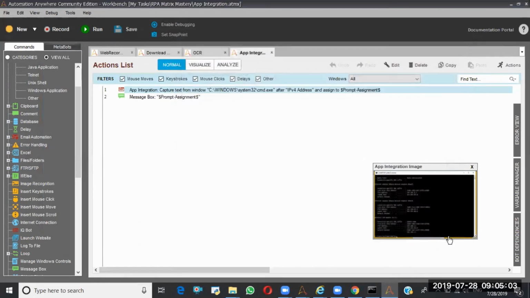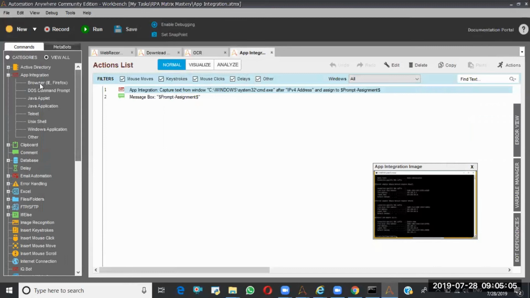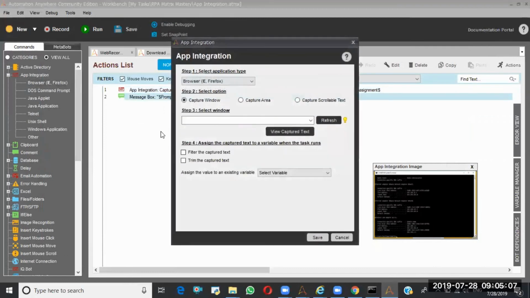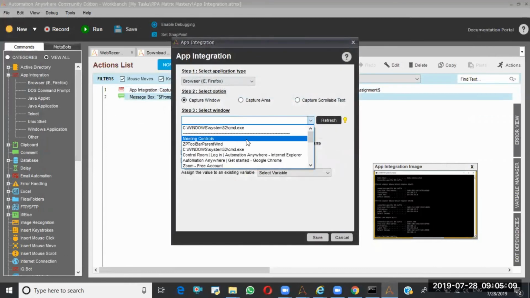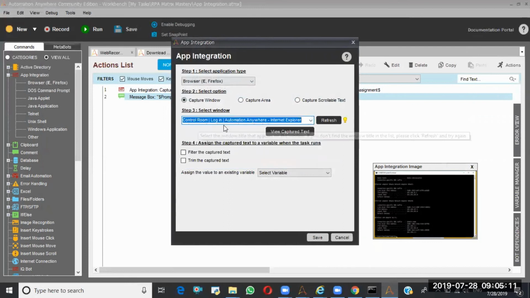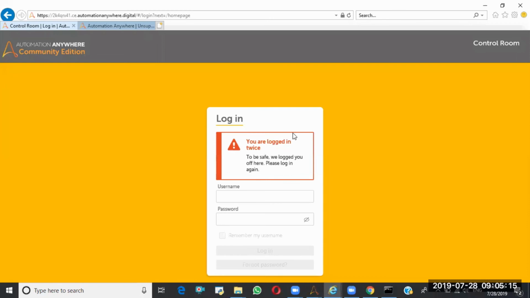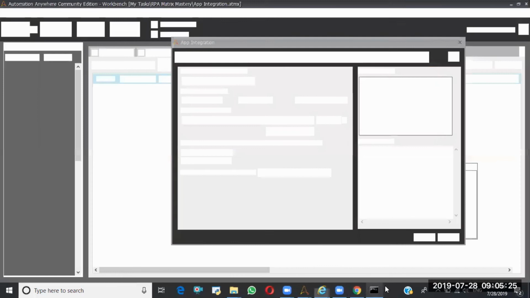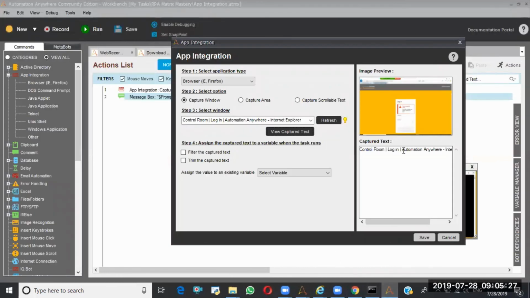In the same way, we can work with the IE browser as well. Browser IE. So here I am selecting the IE browser, and I can select capture the browser. It is trying to capture here. See, it's captured and it is giving just the window title. It hasn't captured the remaining features.